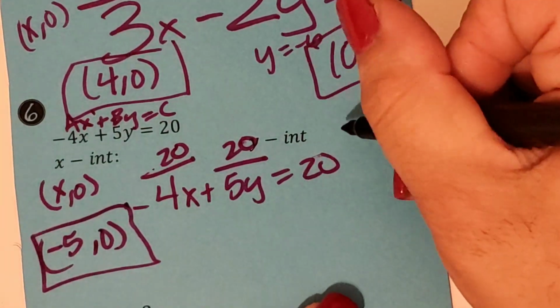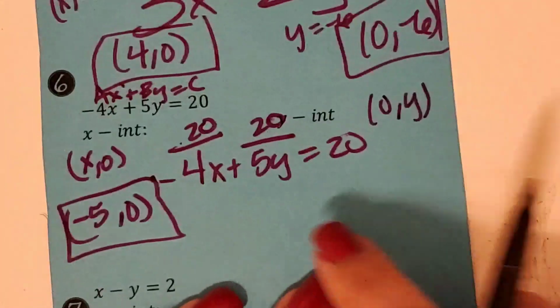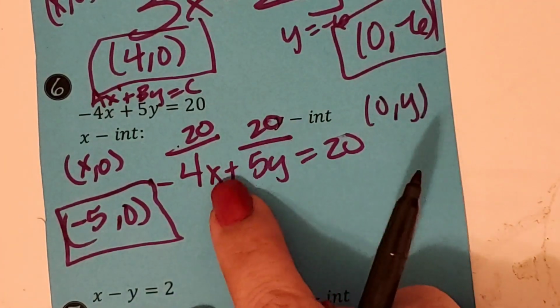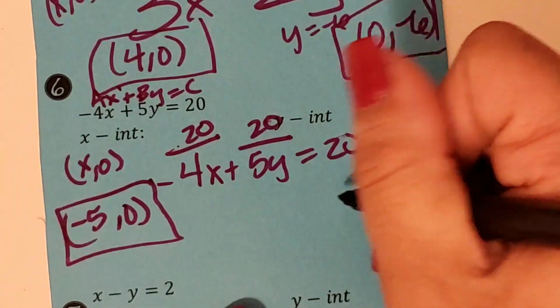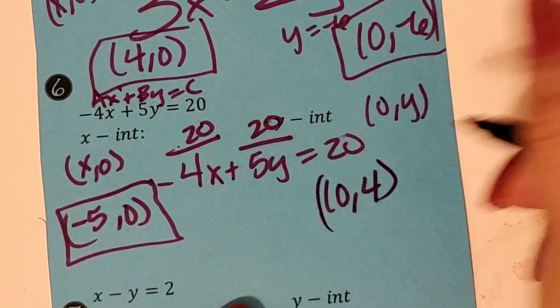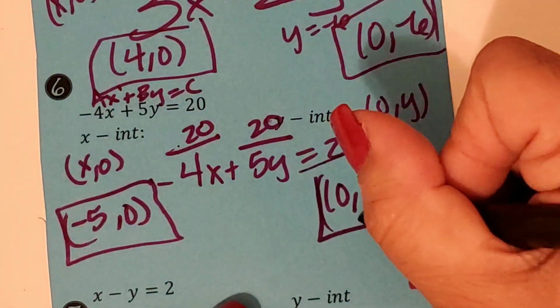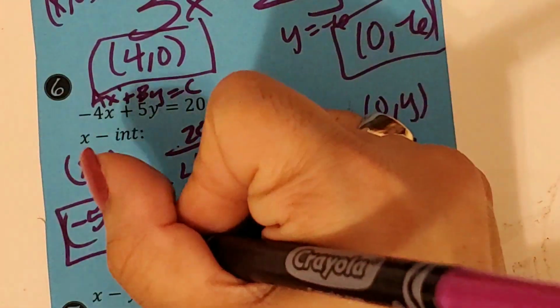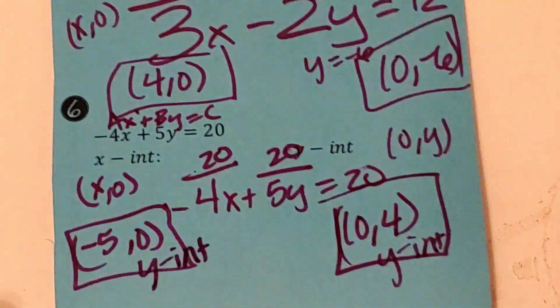Same thing for a y-intercept, except now it's 0y. 20 divided by 5, well, that's 4. So you get 0, comma, 4. And you're done. It is really, truly that simple. Now, sometimes